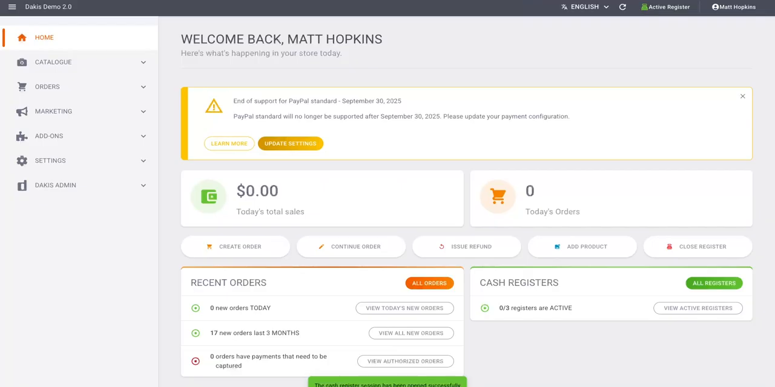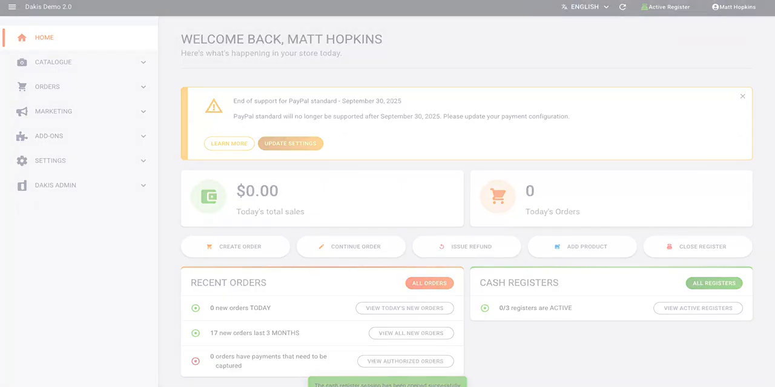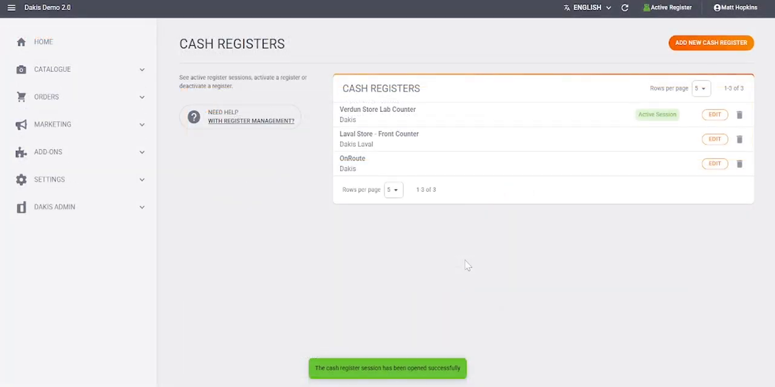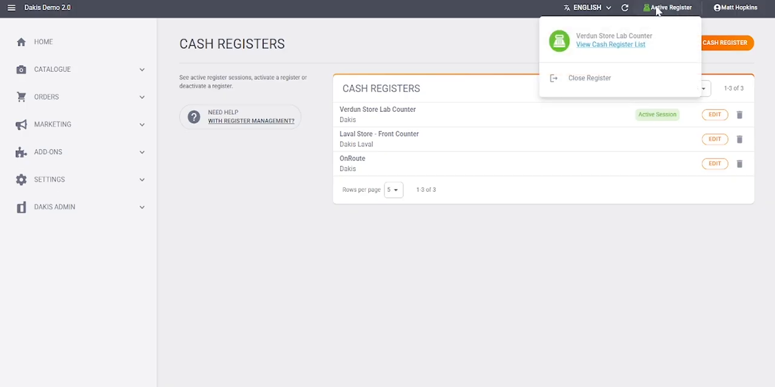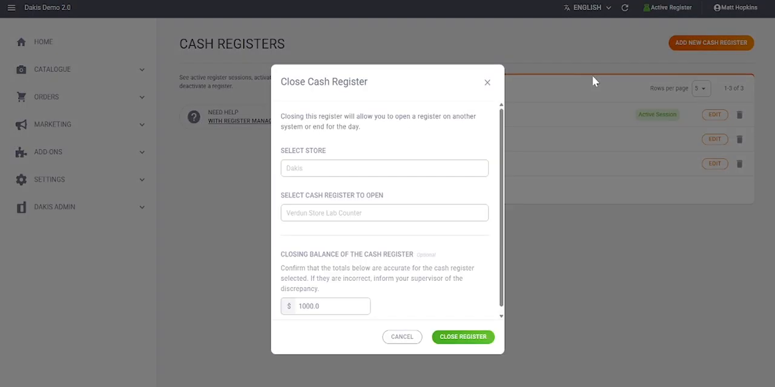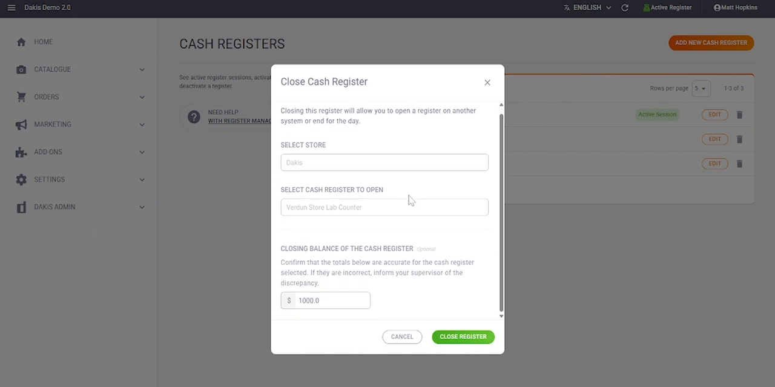A message will pop up saying we've successfully opened the register. As you can see, the indicator text now says we have an active register. If we click on the register icon, we can see more info on the register seat active on the device we selected. When we are done with the register for the day, we simply need to click the Close Register option. This opens the Close Cash Register modal, where we can see the closing balance reflecting the transactions from the